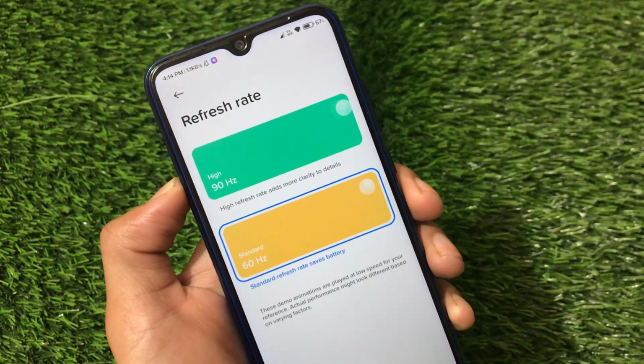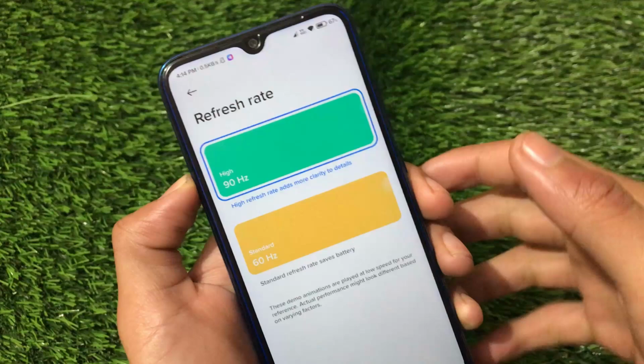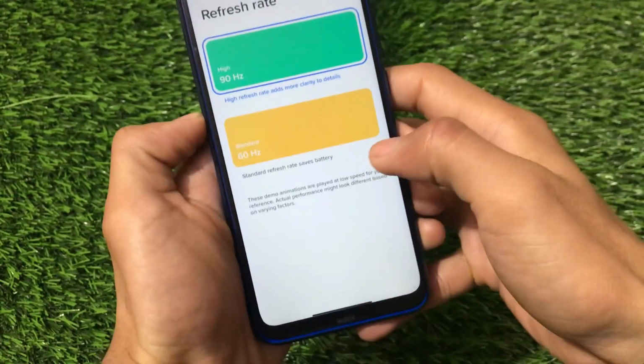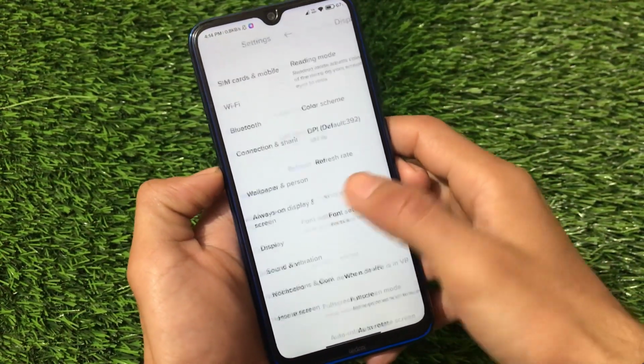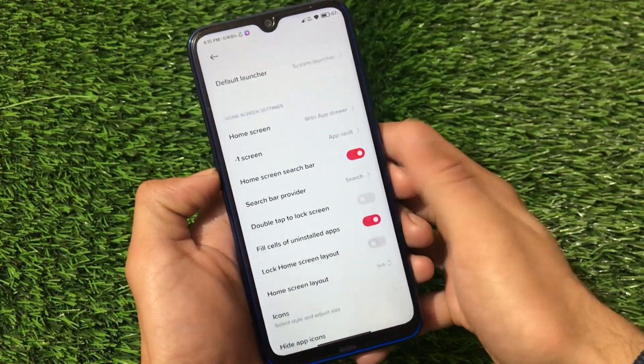With a normal standard 60 Hz, you can choose up to 90 Hz, which is not working, but that's a very good thing to show off. You can take a screenshot and share it with your friends. This might be a very cool thing for you. Other things are the same here. We have these options: display, sound, vibration. If you go to the home screen,